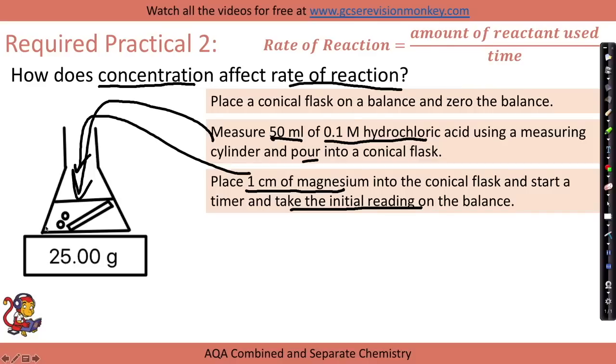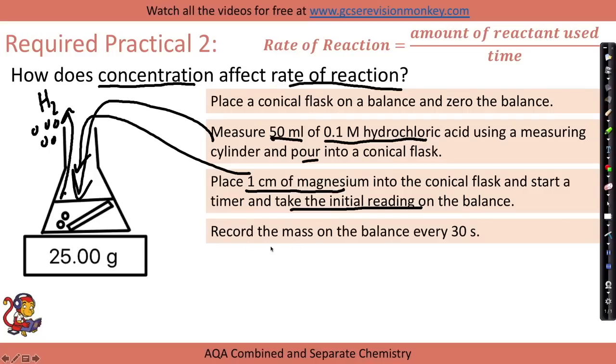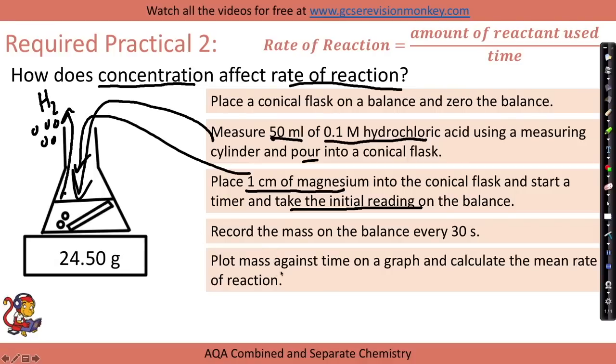Now again we're using magnesium and acid, so we're producing a gas, and because we have no bung on the conical flask, that gas is going to be allowed to escape out of the conical flask, and in doing so, because mass is escaping from the system, the reading on the balance is going to go down. So to calculate the rate of reaction, we can record the mass on the balance every 30 seconds. So we'd wait 30 seconds, write down the new mass, another 30 seconds, again writing down the mass, and so on, and so on. And then we plot the mass against time on a graph, and we can calculate the